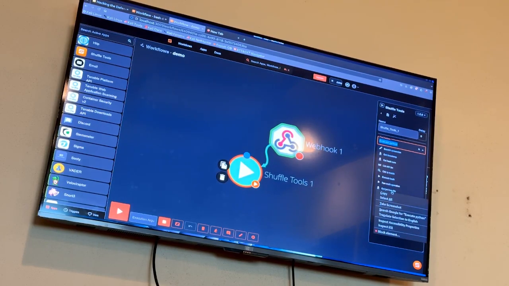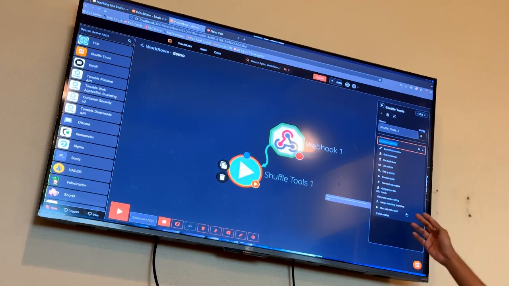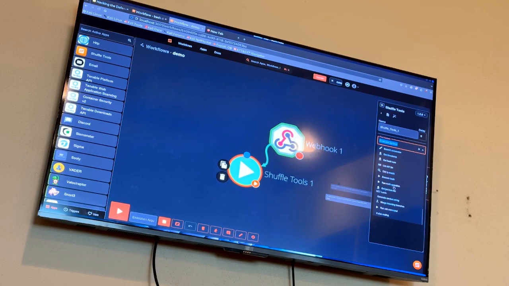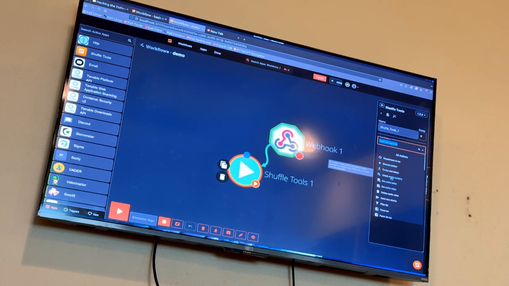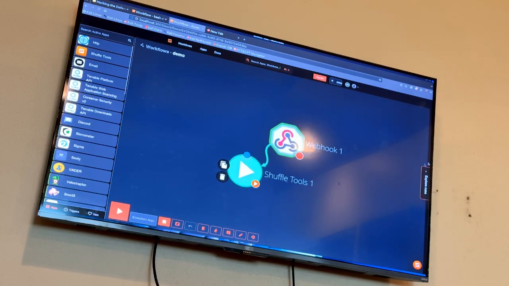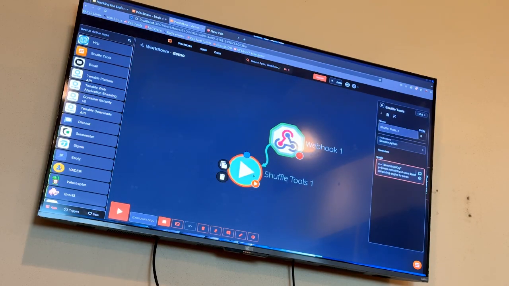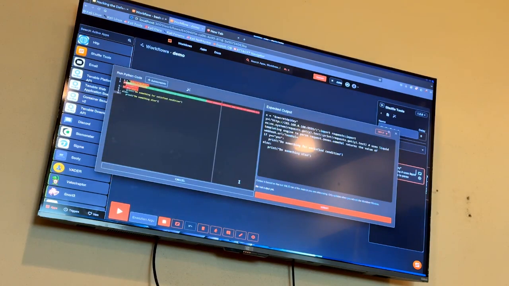Now what is most interesting to me, at least as an attacker, as an engineer, is the fact that you can run SSH commands, you can execute bash, and you can execute Python. Yeah, you can execute Python. The way Shuffle works is it uses a templating engine called Liquid, and you can write code which looks a little like this, right?